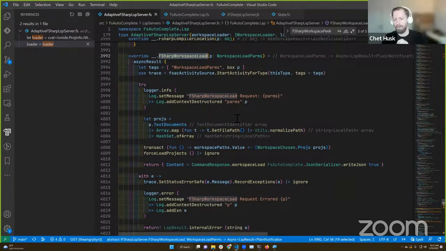That discovery and initialization portion is fairly complex, but all of the data from that workspace load command that you can see on line 4011 there, all of the project load events that get fired from the workspace loader as it's loading those projects, all of that data is being received by Ionide in the form of event handlers, basically.